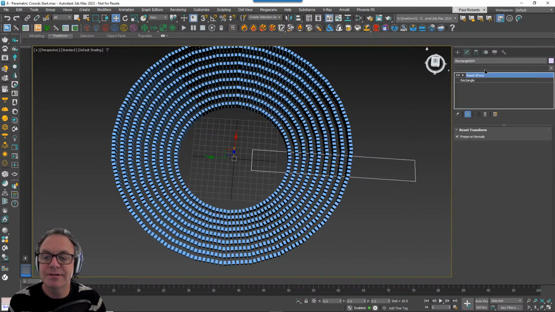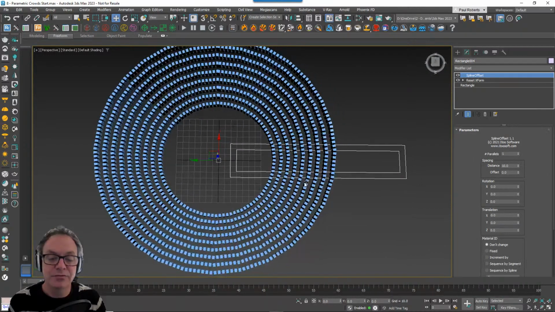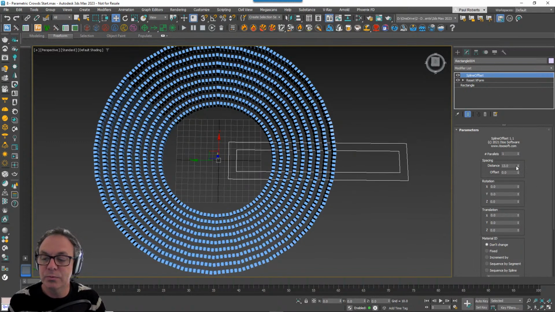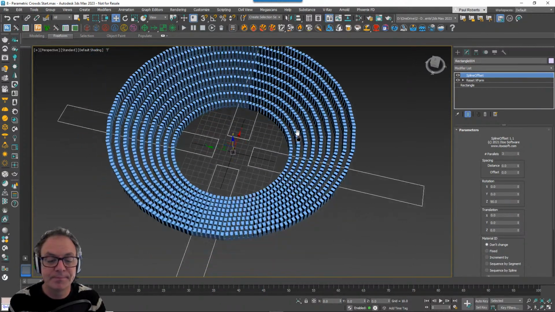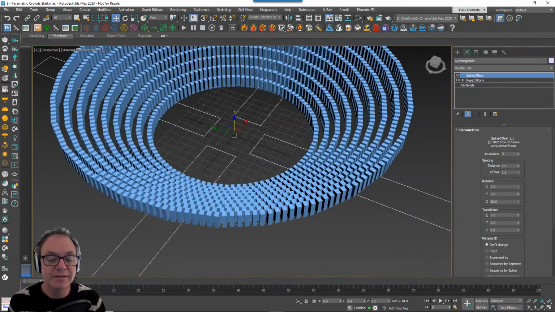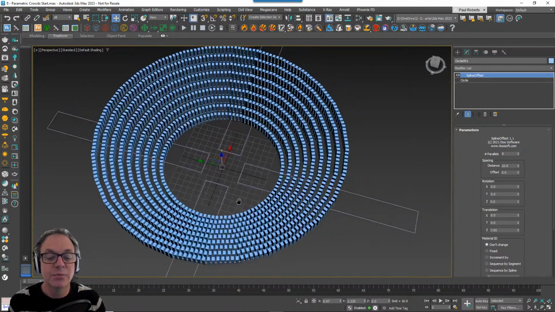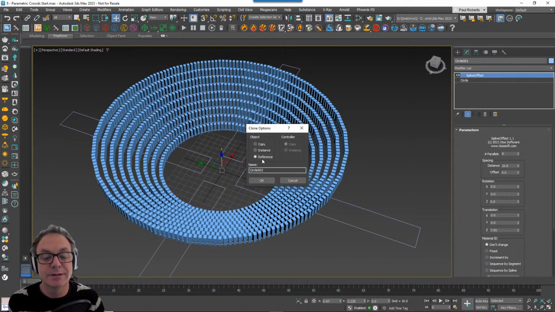Okay, so now I can come into this and use Spline Offset again. This time I'll show you how to do it. So Spline Offset, there it is. You can see by default it's trying to offset the spline by doing that. But I don't want to set a distance. Instead, I just want to set a rotation. So I'm going to go for 90 degrees and rotate it like that. And I want a couple more. There we go. Now I want to take this spline that the Forest Pack things are sat on, and remove these walkways from that spline. But before I do that, I'm going to make a reference of it. So I'm going to do Control and V, and instead of instance, I'm going to make a reference.